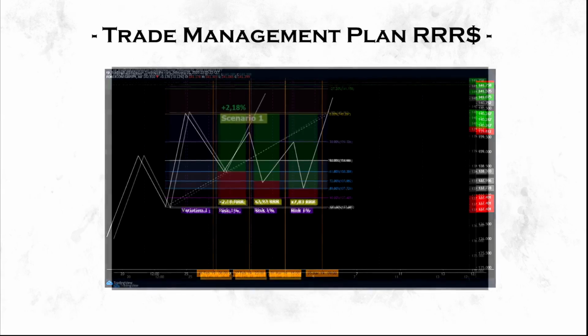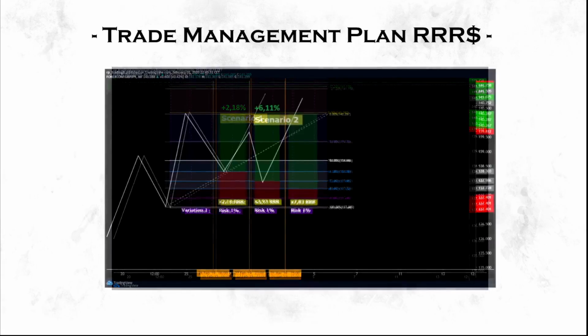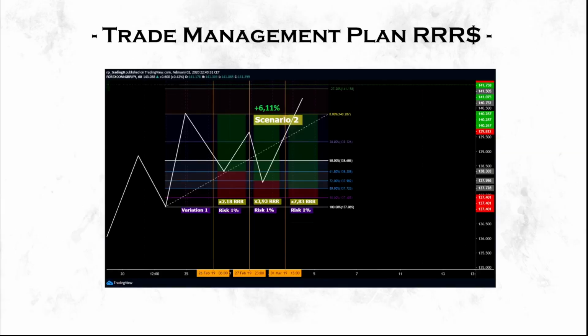In the first scenario, if the first entry got triggered and after that we hit the take profit, we would make 2.18% profit. The second scenario would be that the first position and the second entry would be triggered and hit our take profit after that. So that would make a 2.18% gain plus a 3.93% gain, and that equals